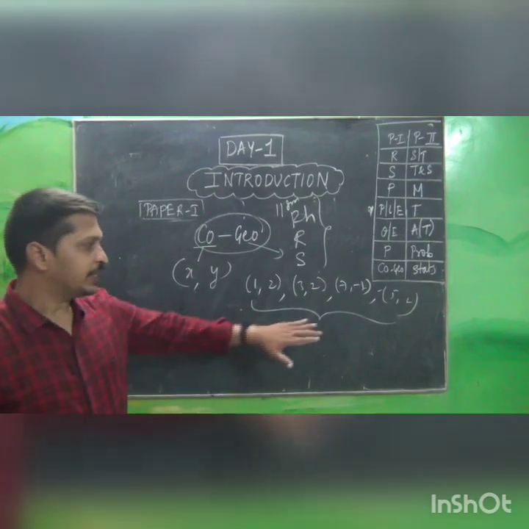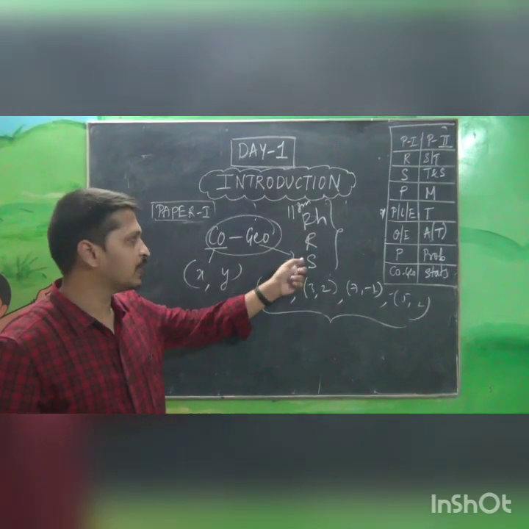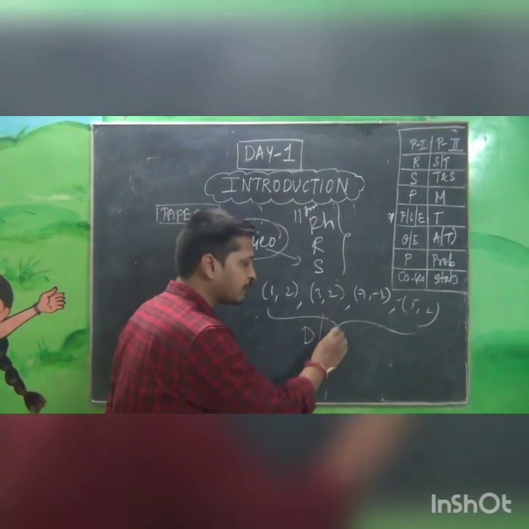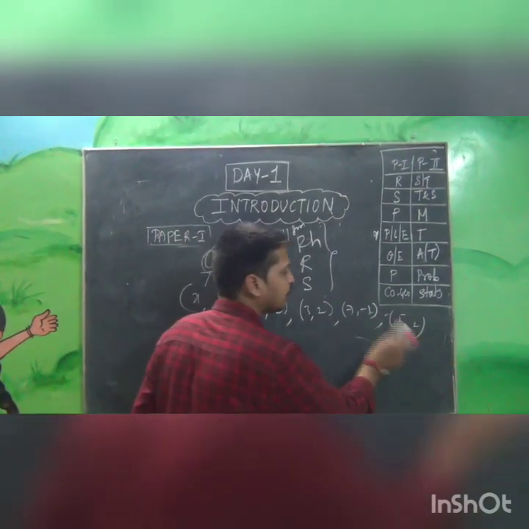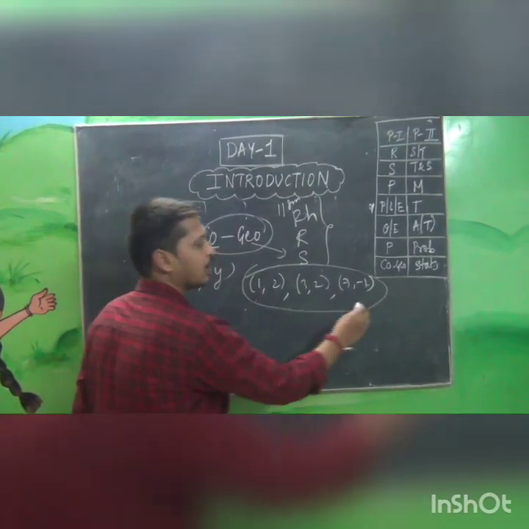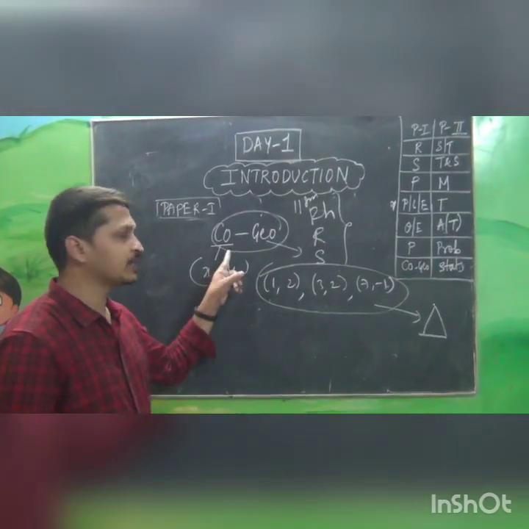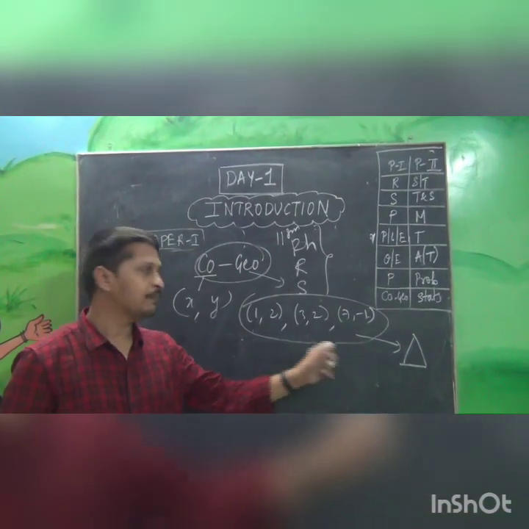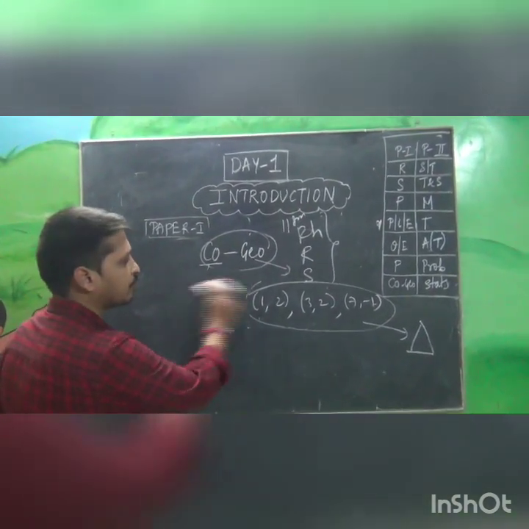Now we need to check whether these 4 vertices form a rhombus, rectangle, square or parallelogram. For this we have the distance formula, and by the graphical method also you can find it. Based on the method, you can find it here. Also, in lower classes you might have done it with 3 vertices, checking whether they form a triangle or not. How we will check, we will deal with in depth in coordinate geometry. As additional knowledge for you, to check whether they form a triangle or not, we always use the distance formula. This is about the coordinate geometry part.